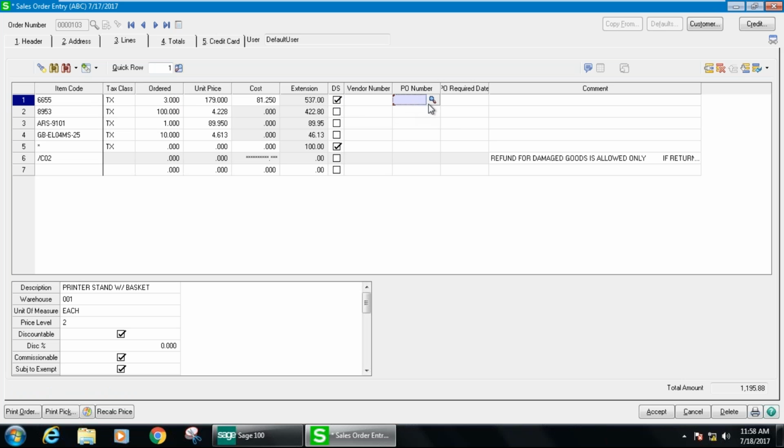Vendor number, PO required dates. These fields are available if you wanted to create POs against sales orders. So you can actually link sales orders and POs. You can identify that you want a PO to be created for this item,